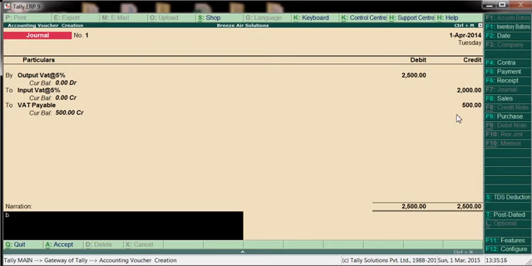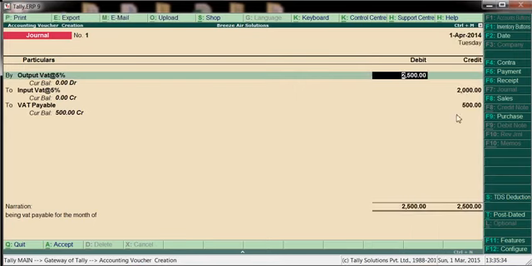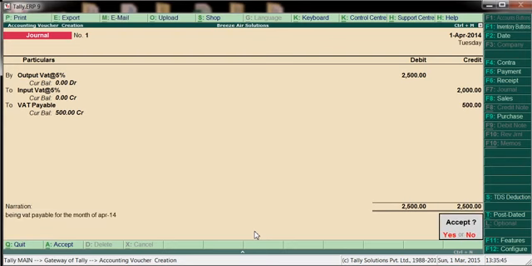So, being VAT payable for the month of April. Every month end we have to post this entry.